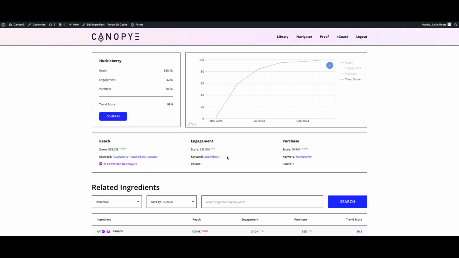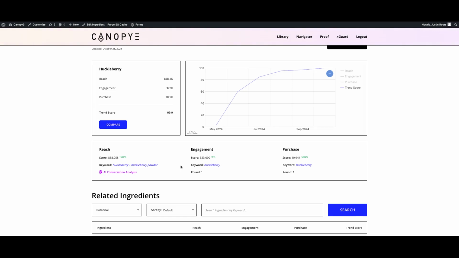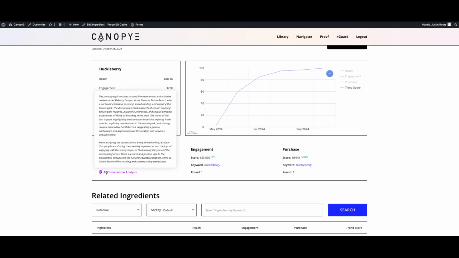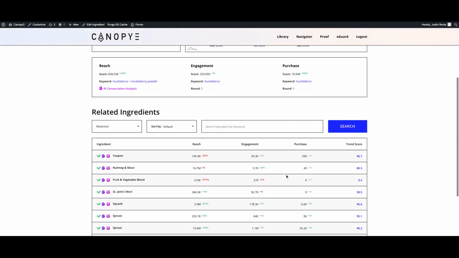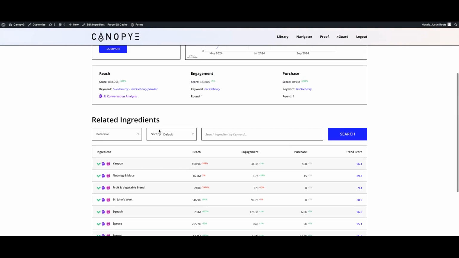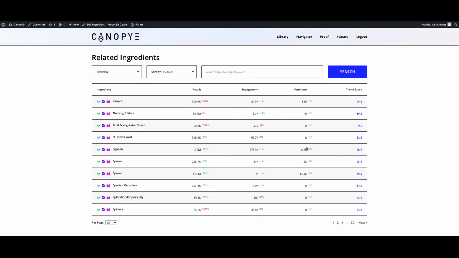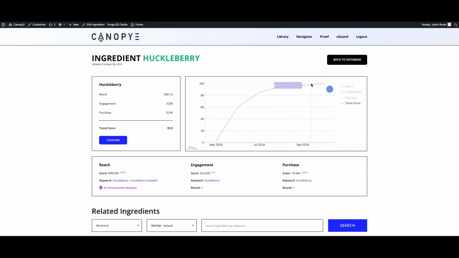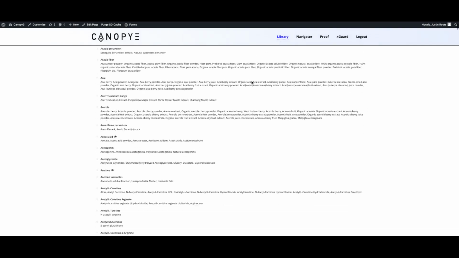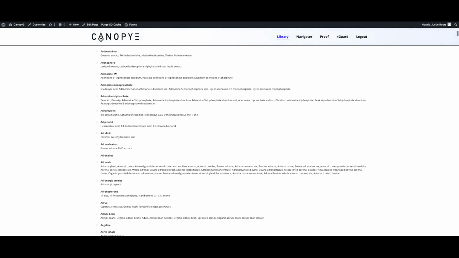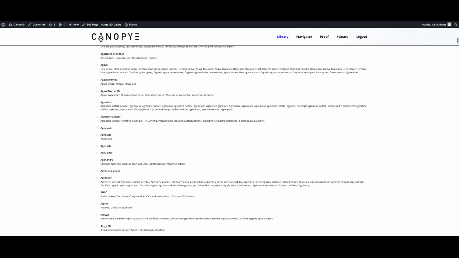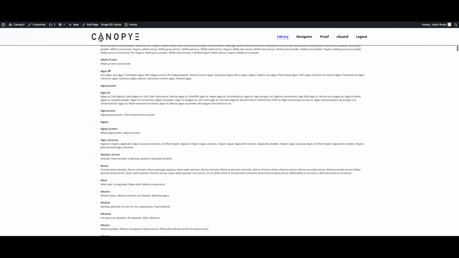Here you'll get a little bit more insight onto what term specifically is the most popular of the synonyms being used. And again, there's a little summary of the conversation. It'll also show you similar search or similar terms in the ingredients where you can see similar data available. We also have this library available here. This just gives you more visibility on the full database, all the different terms in the database, and what the synonyms are. The way everything has been organized is visible in here